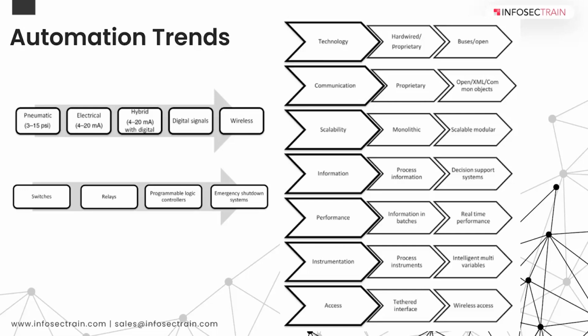So what are the trends? Once upon a time it was hardwired and proprietary, and now the communication protocols have become open. 10-15 years ago, almost every vendor used to have proprietary protocols for the communication. Now there are open protocols, like for example Modbus and OPC UA. We'll be taking a look in the upcoming slides. These are the various things that have evolved, a sea change in the last 50 years.